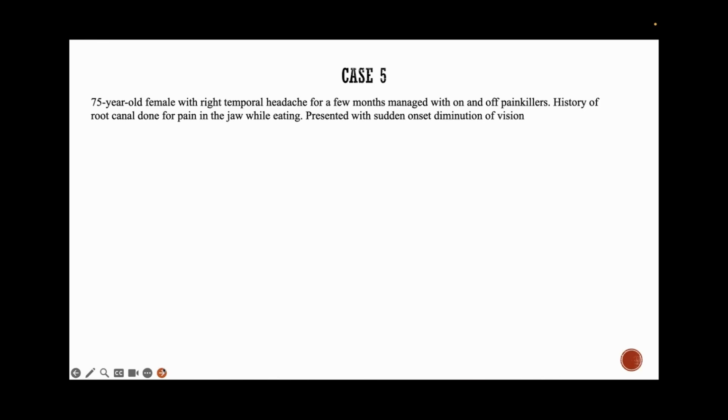There was hardly any relief. She went to another ophthalmologist. They said, let's do a cataract surgery, although cataract and pain have absolutely no correlation. She went for the cataract surgery. Three days after the cataract surgery, there was loss of vision. It was PL positive. Hardly any vision was there in that eye.